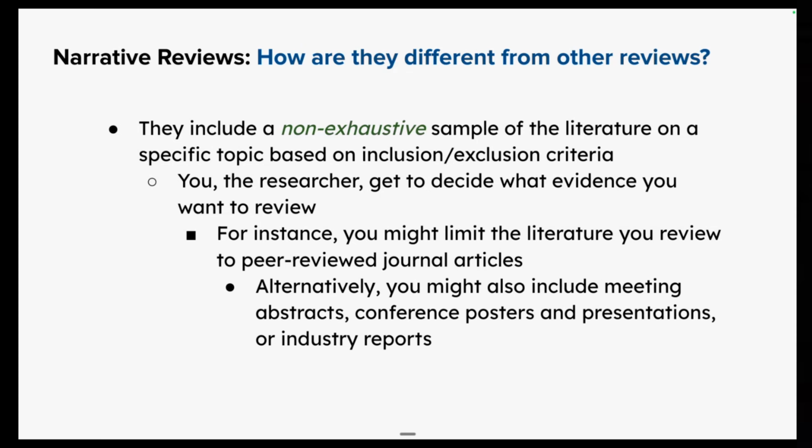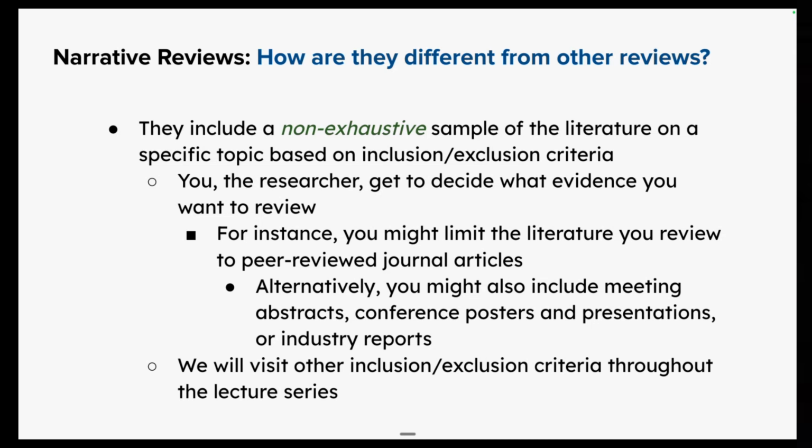Other things that you might include, looking at this one lens of inclusion and exclusion criteria, which is what type of materials are you including? You might come across meeting abstracts or preprints, so publications that might eventually be peer-reviewed, but maybe not getting into those journals until 8 months from now, conference posters and things like that. So that gives you a wider lens to think through: hey, do I want to include all these things? Do I want to purposely exclude some of them? Again, we'll come back to these criteria throughout the lecture series. Predicted the future by my own bullet.